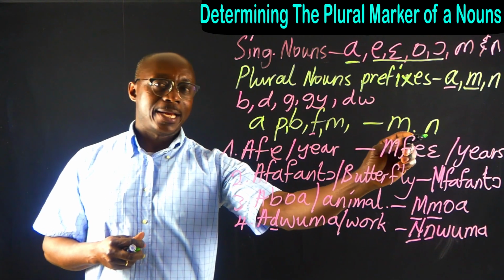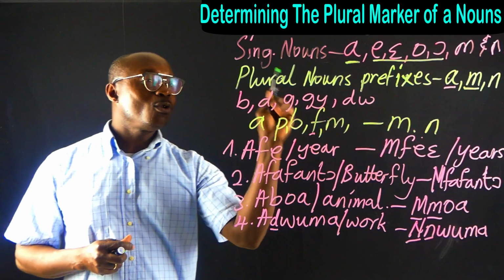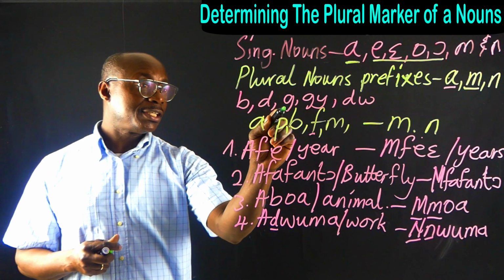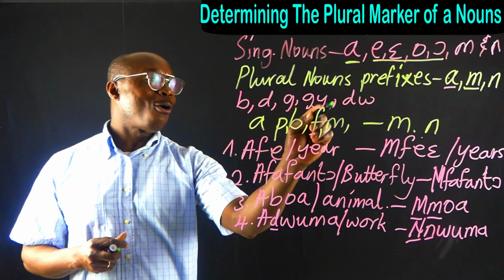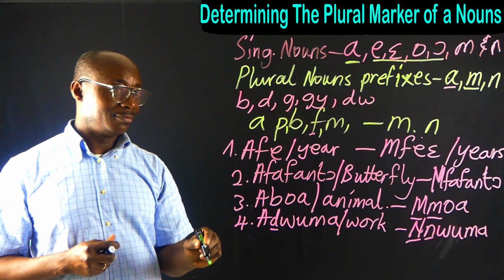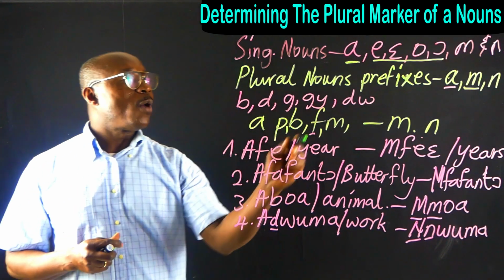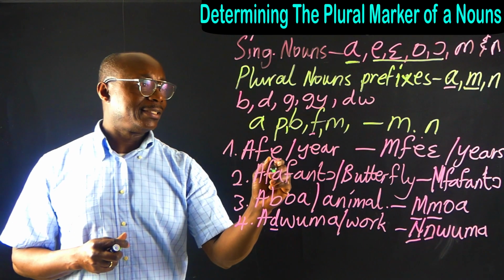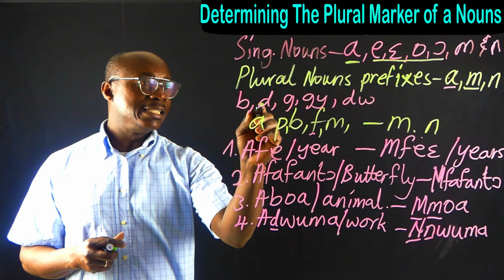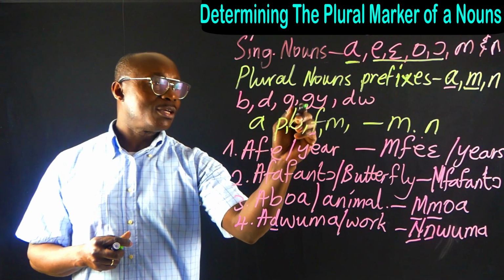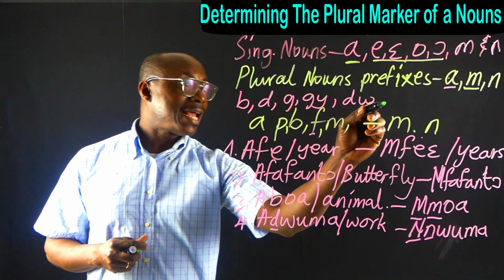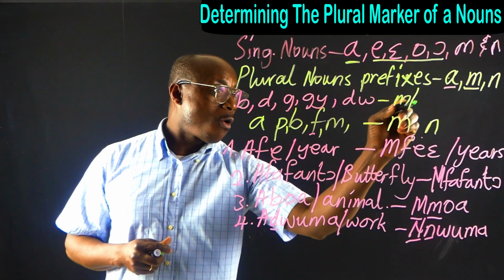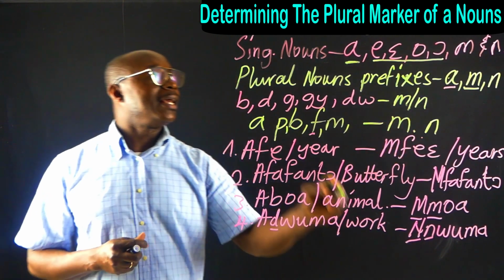M or N. When the plural marker is followed by B, D, J, JY, or DW, I take it again. When the plural marker M or N is followed by B, D, J, or JY, or DW, then the plural marker M, or if it is N, it will be